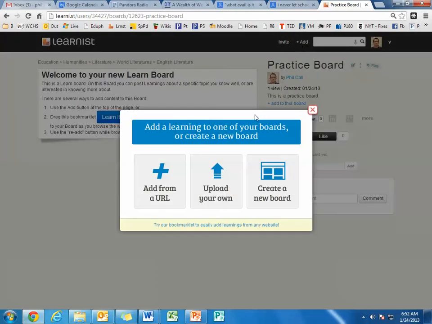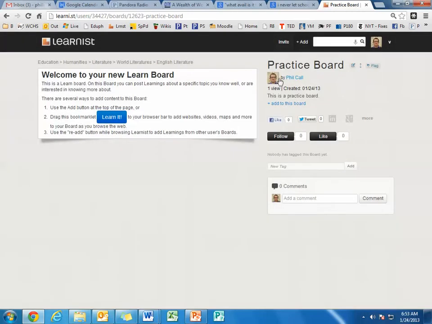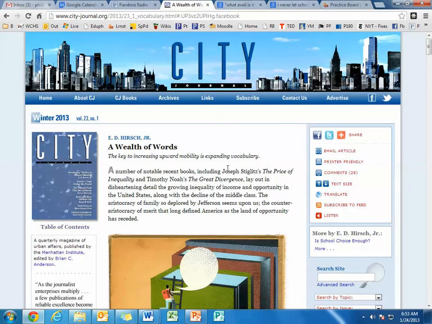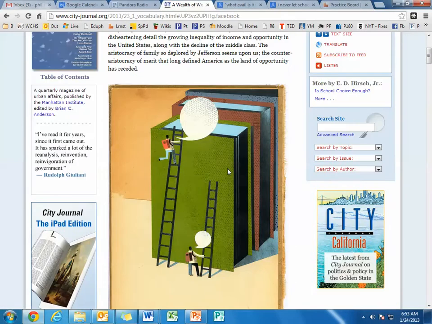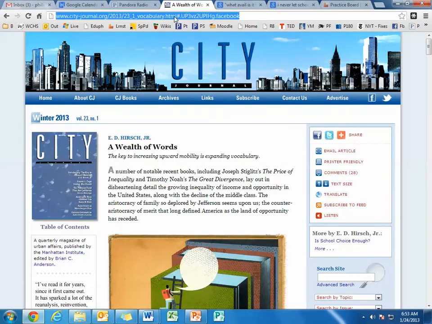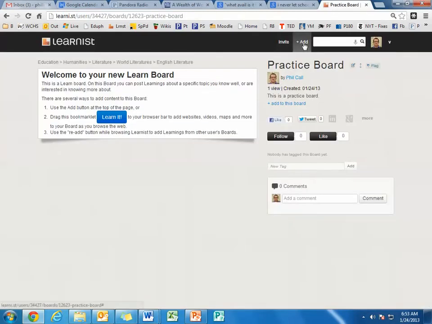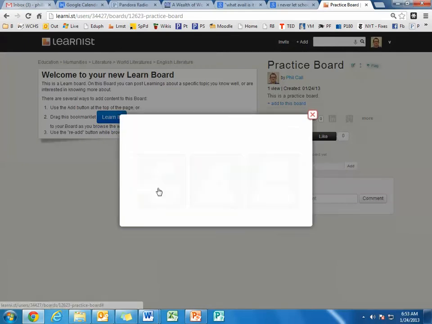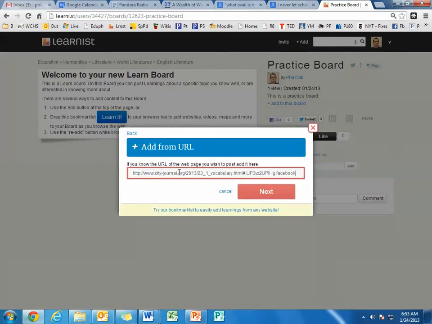There are two ways that you can add to a board that you've created. You can add directly from a URL, or you can upload your own information. So we're going to go ahead and add from a URL, because that's one of the easiest steps to take. So first you need to get a URL. So here's an article that I read recently about the importance of vocabulary. So all that I need to do is copy the URL, come over to my Learnist board, go to Add, click Add from URL, paste the URL here, click on Next,